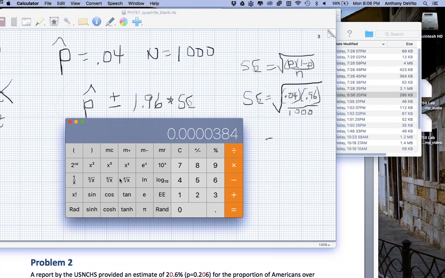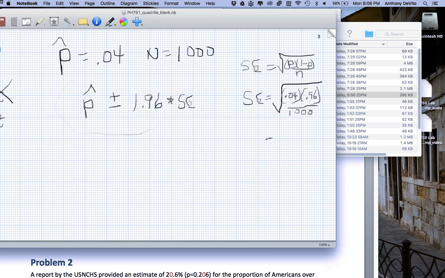So when I find the square root of this number, it comes out to be about 0.6%. So 0.006. Standard error is equal to 0.006. Now p cap plus or minus 1.96 times 0.006. This is basically 2 times that, so I'm going to speed things up by just doubling it. 1.96 is basically 2, so 2 times this would be equal to 0.012,